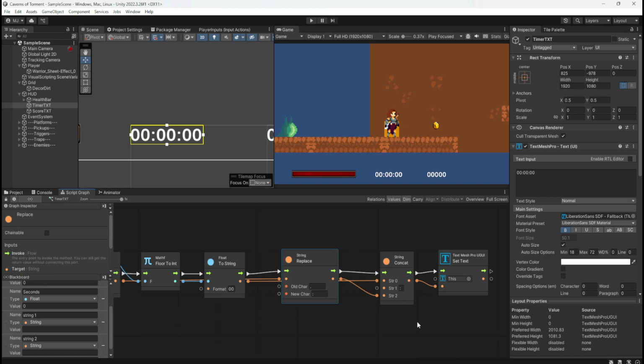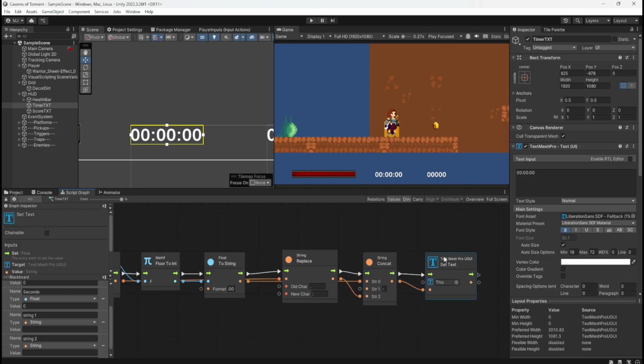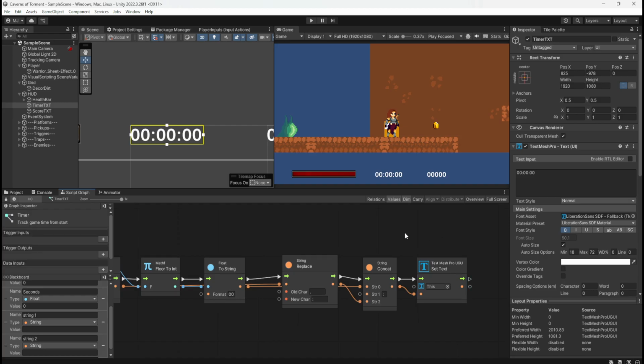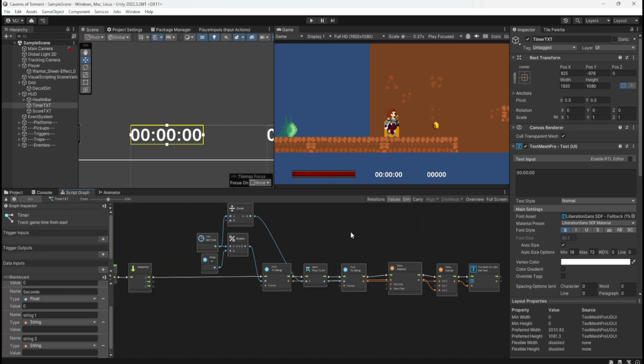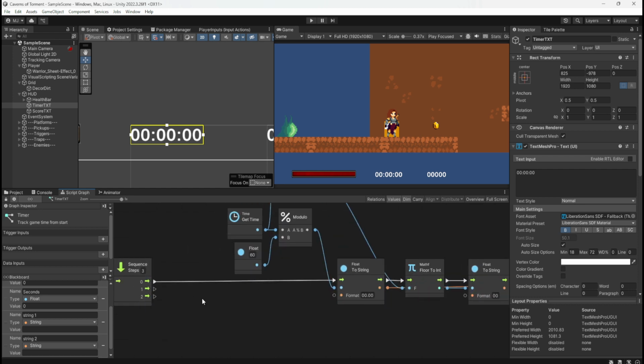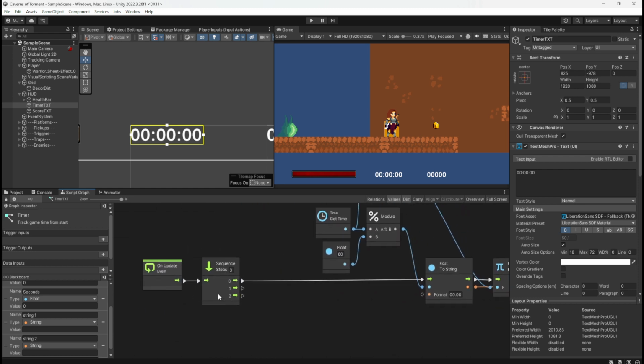I can't stand it. Oh, it looks like a pig's ear with the spaghetti. So that, I don't even need that as a sequence, do I? I mean, technically we can just get rid of that and plug that in there.